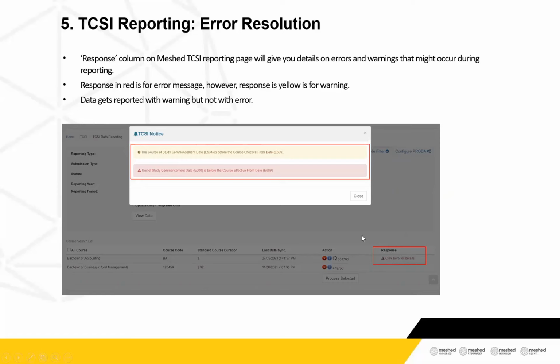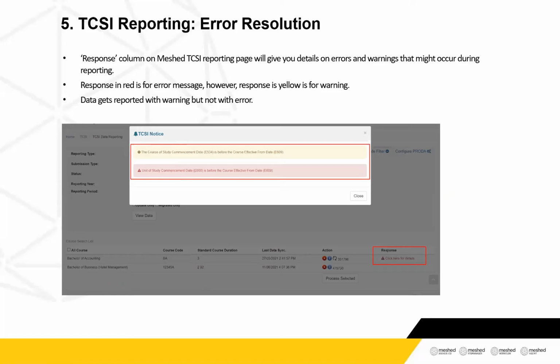If you click on that, you will also get to see what errors are related to that particular record. In that error message, the messages highlighted in yellow color are warnings. You can report data with warnings, but you cannot report data with errors. The red messages are the error messages. For those records, you first have to fix the data and resolve that error, and then you will be able to report the data.